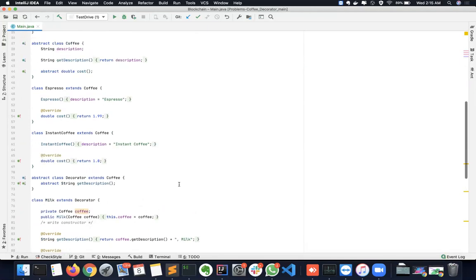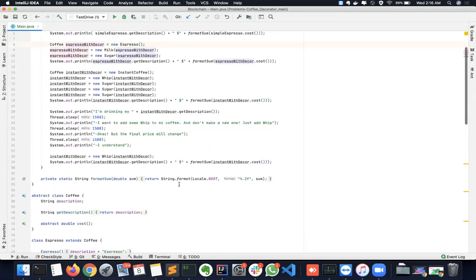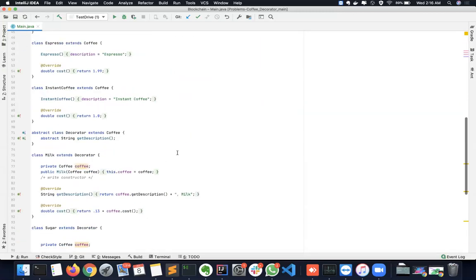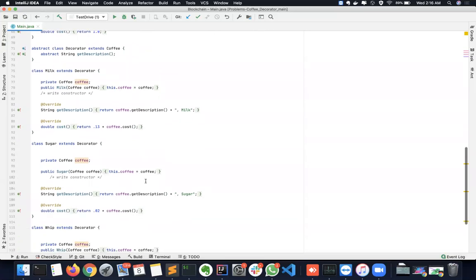Next, what will happen? To this, we'll be adding sugar as well. So here sugar comes. Now what have we added till now? It's kind of a chain, if you can imagine. First espresso, then milk, then sugar. It will also get the unprepared coffee till now, so it will get espresso, and this will be assigned to that coffee.